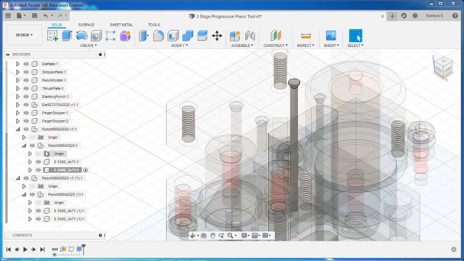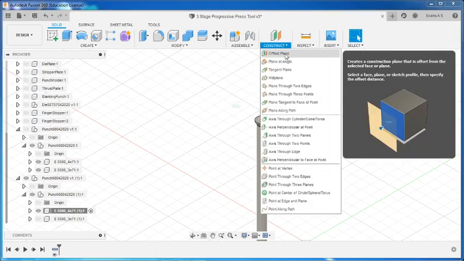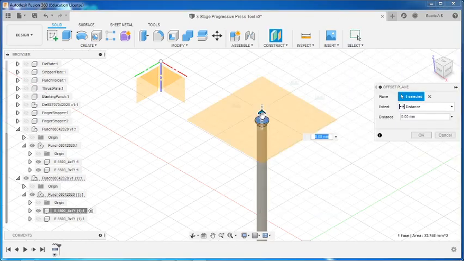So this is now a sub-assembly of this. Anyway, I'm not going to edit there itself. Instead, I'm going to modify this particular thing. Then here construct offset plane. Let's say I want to offset this 65 mm. This pilot should be longer than the